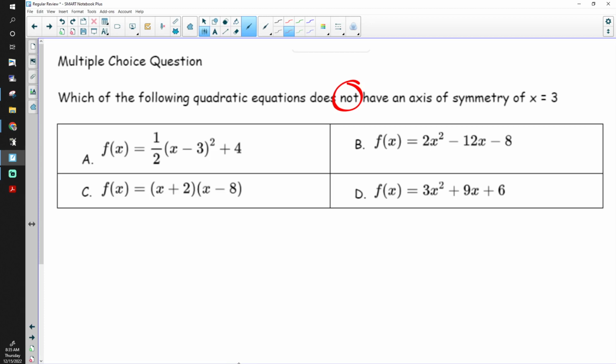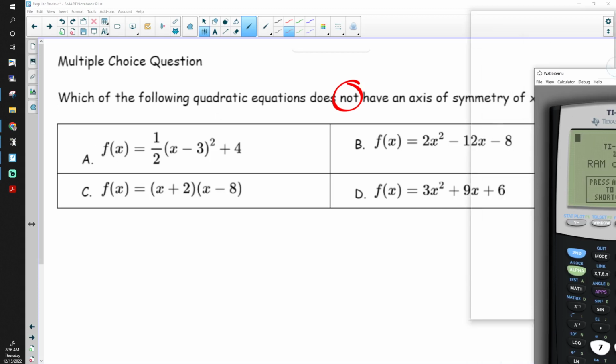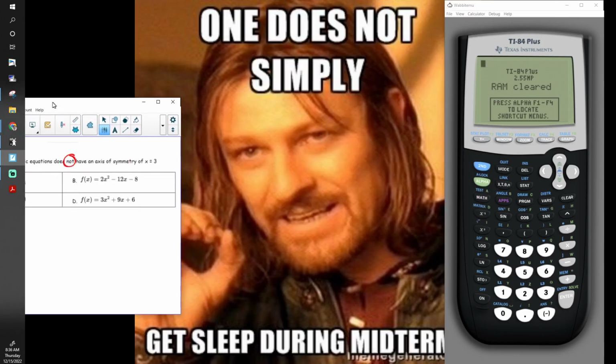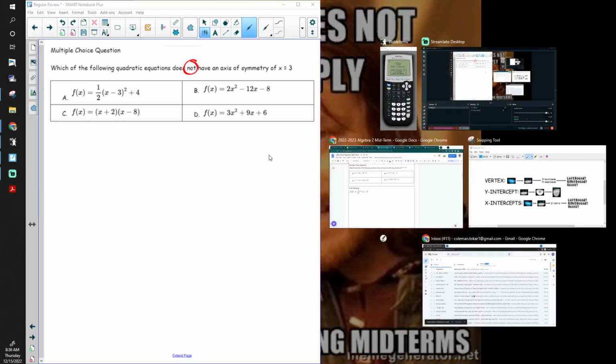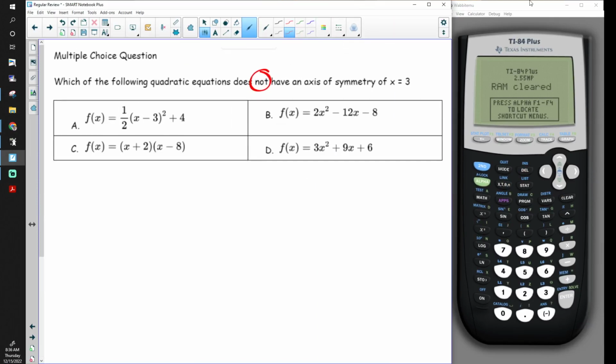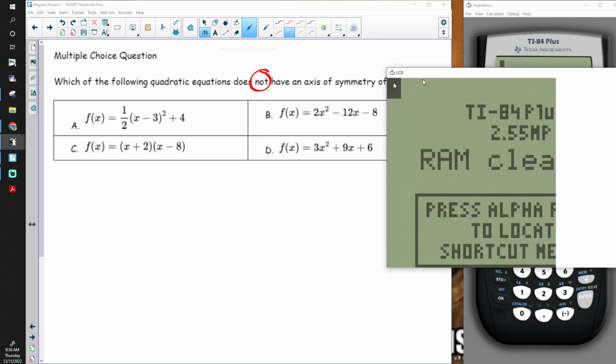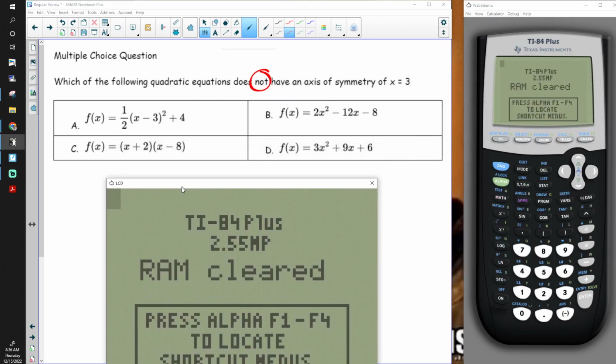Okay, so calculators are the most important thing to have right now. So I'm going to pull up my calculator. Should have had it already pulled up, but I'm slacking today. I'll make my screen nice and big for you guys. Okay, so